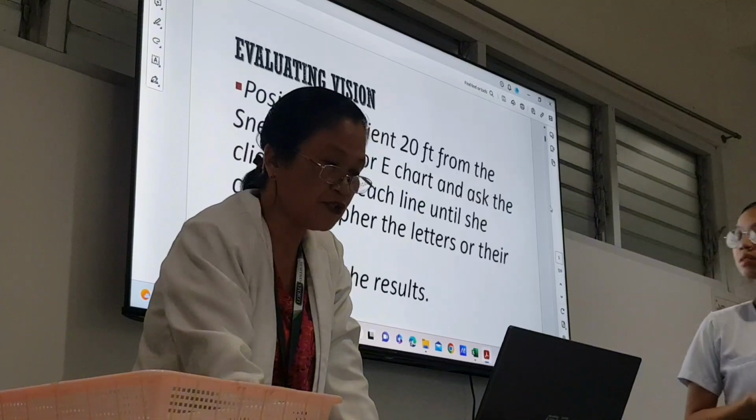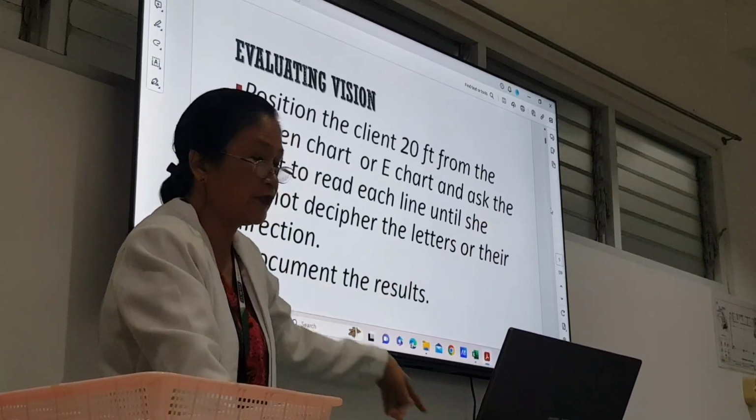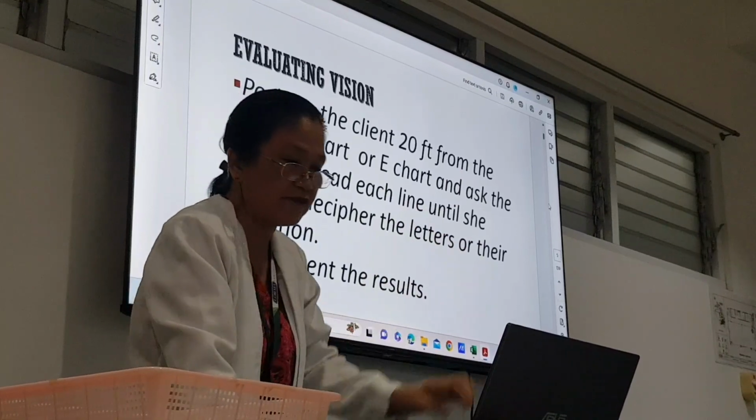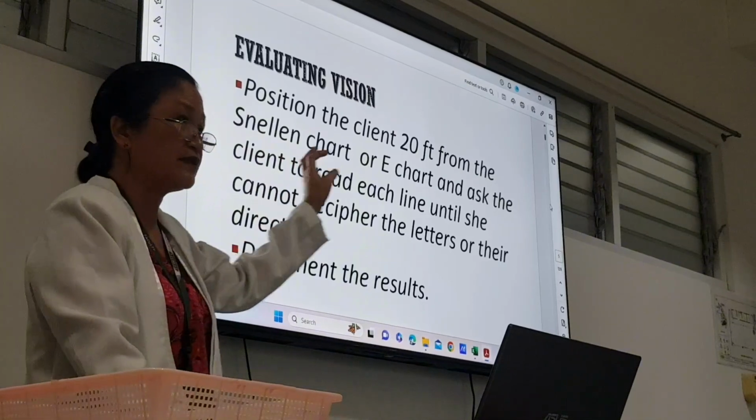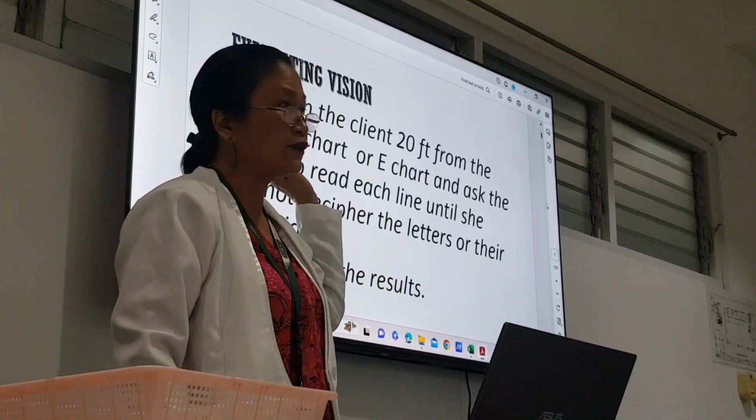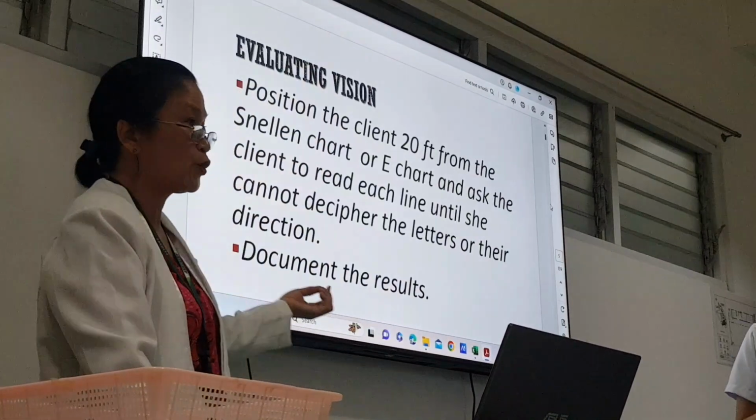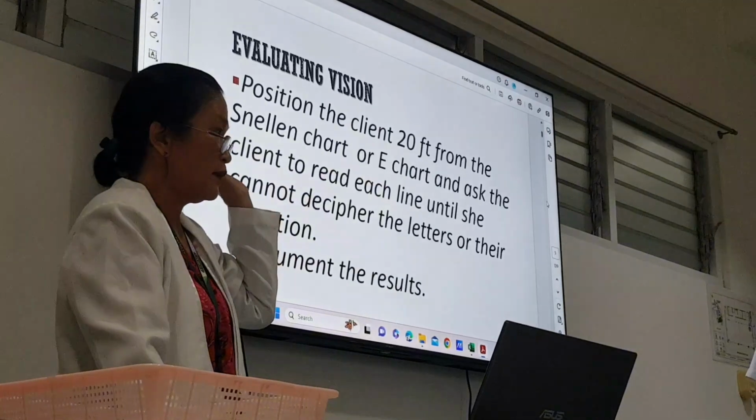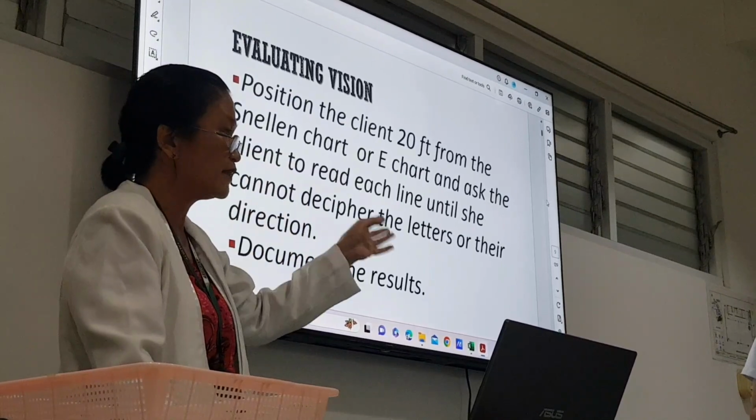Okay, now we position Mr. Gabriel 20 feet from the Snellen chart or E-chart and ask the client to read this line until she cannot decipher the letters or their direction. Ang di niya na-decipher na letter is the letters doon sa 2020. So there is still a not normal ang kanyang visual acuity. It's not a perfect score for his right eye. So dapat you have to document also the results that the right eye still there is a letter that he